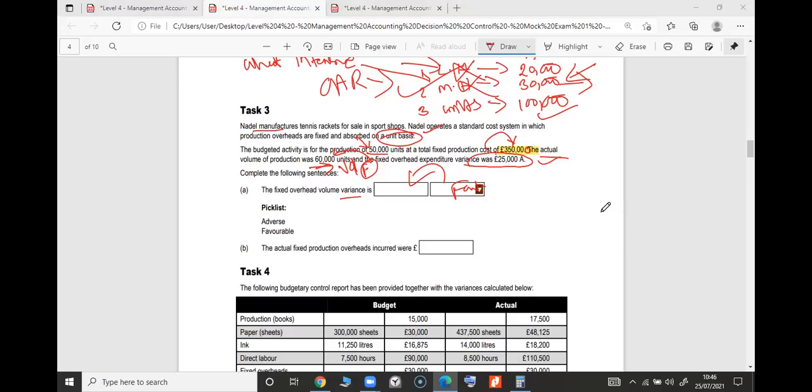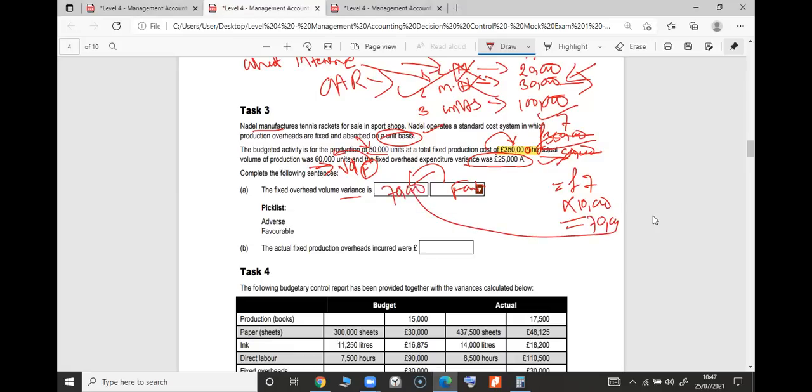Isn't it good to do the over absorption rate at first? I didn't do it for you people. You should have done it. Standard cost per unit. Yeah, that's true. 350,000, because it's on a unit basis, divided by 50,000. That is the way you got 7. Okay, well done. Now 7 is the over absorption rate, and you produced 10,000 extra, times by 10,000 extra. That is the way you got 70,000. Don't get confused with 100,000. I don't know how to get the 100,000. 70,000 is the right answer.